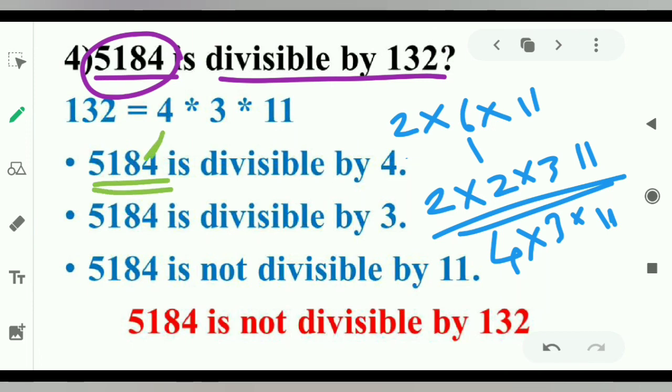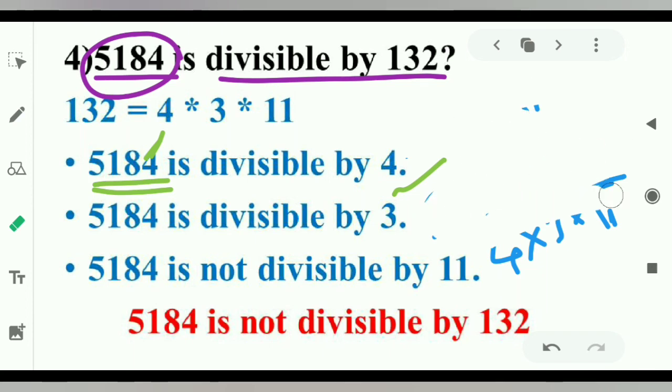In order to check the divisibility condition for 4, what do we have to check? We have to consider the last 2 digits. You all remember the condition? It seems you are learning well. Good. 84, right? Check whether 84 is divisible by 4 or not. Yes, it is divisible, right? So the whole number will be divisible by 4. We have checked the first condition.